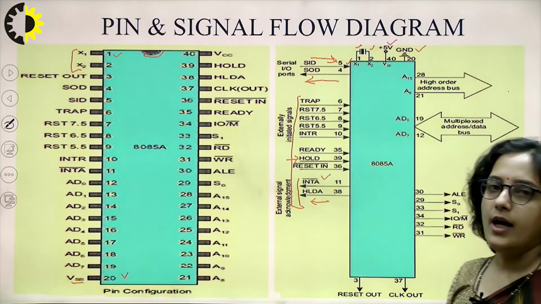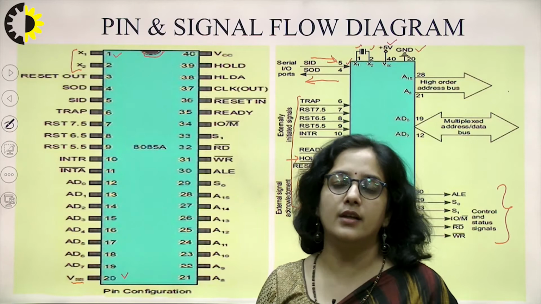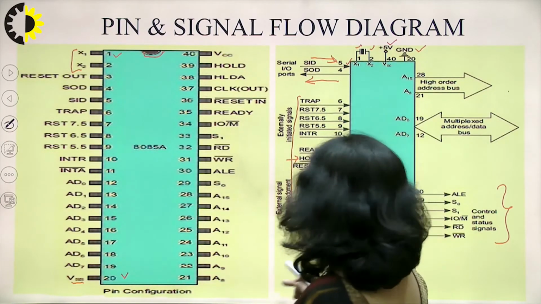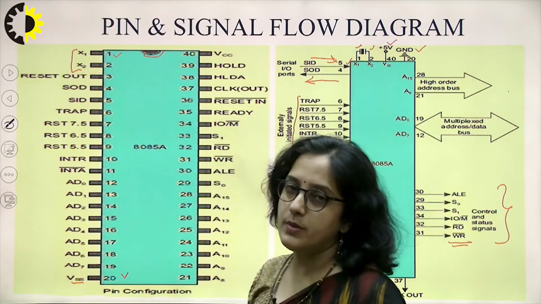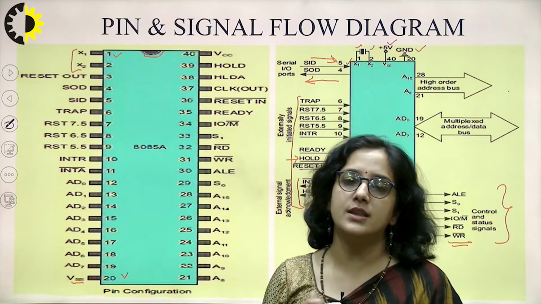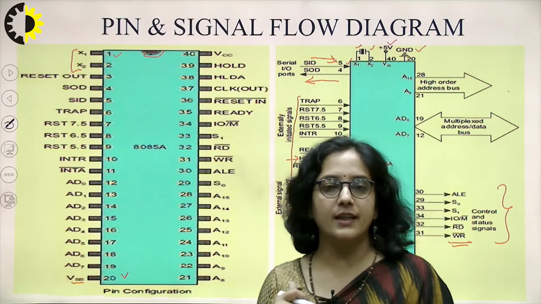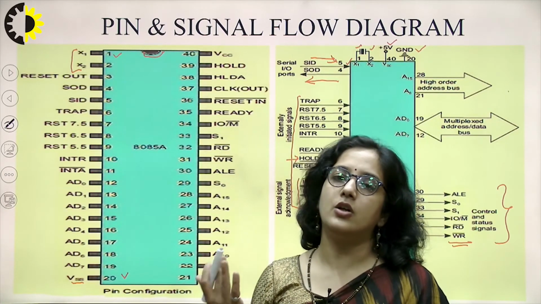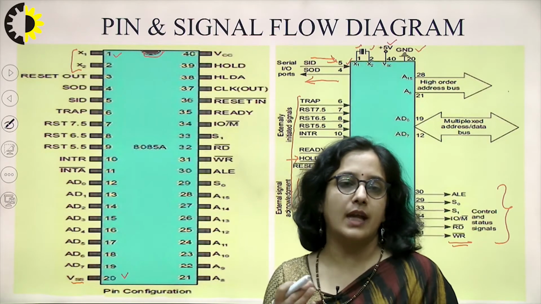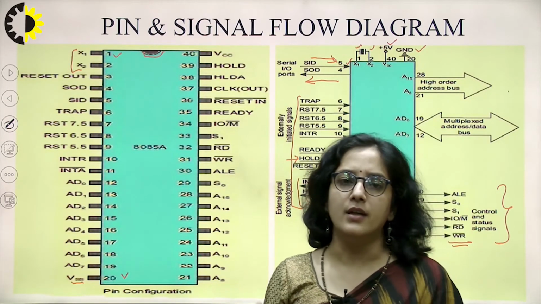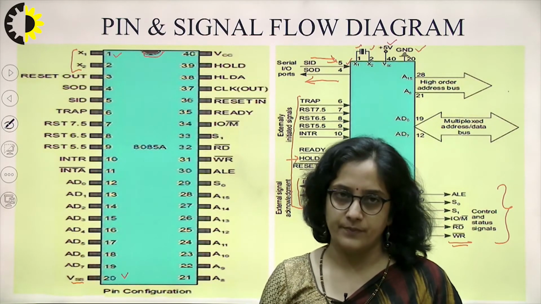As I told you, when the microprocessor fetches any instruction, it decodes that instruction, and after decoding, the microprocessor will generate these control and status signals indicating what operation has to be performed, whether the microprocessor is reading data from memory or from an input device, or writing data into memory or onto an output device. So what operation the microprocessor has to perform, or is performing right now, all that information is given by these control and status signals.